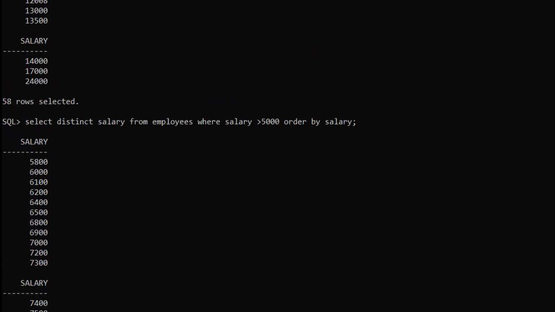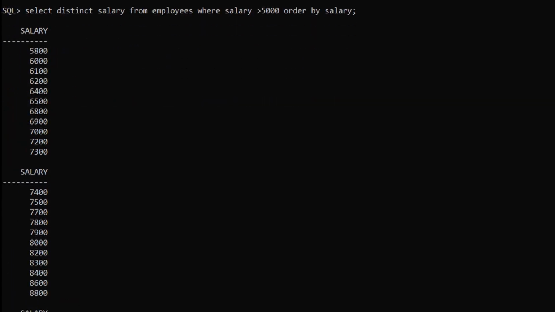So all of these records are unique, sorted in ascending order, and all the records are greater than 5000.